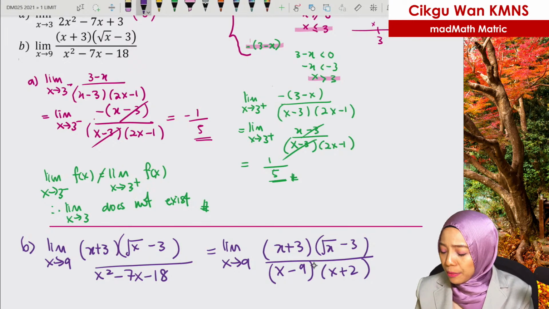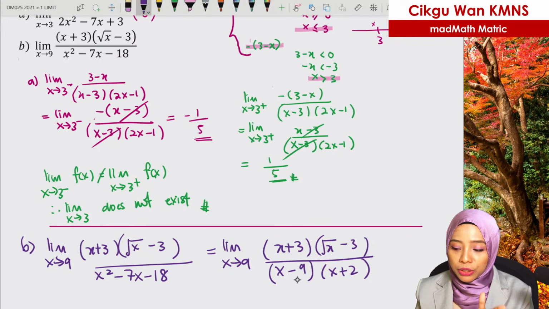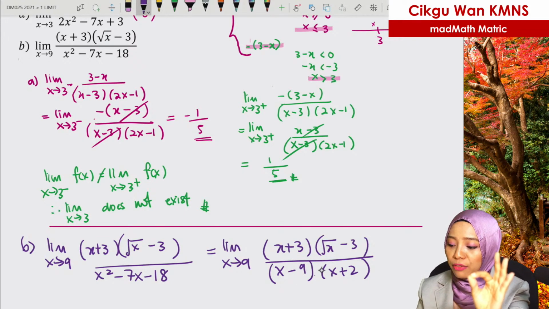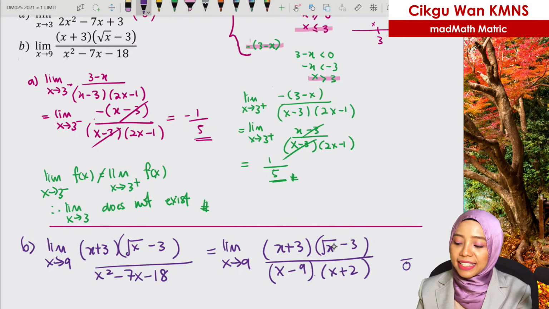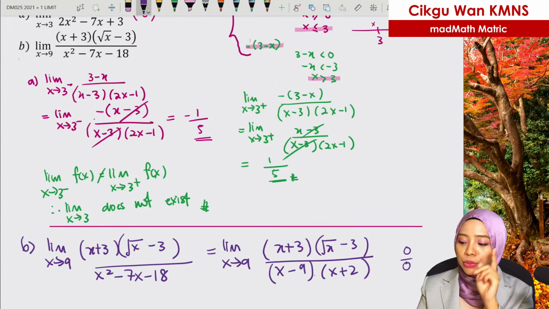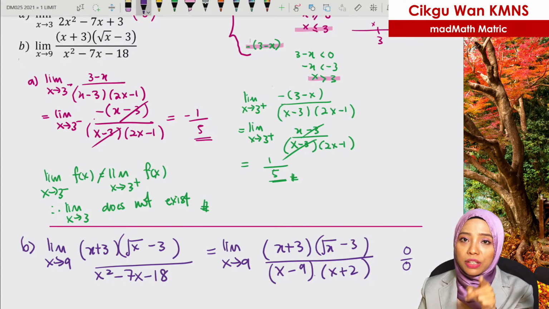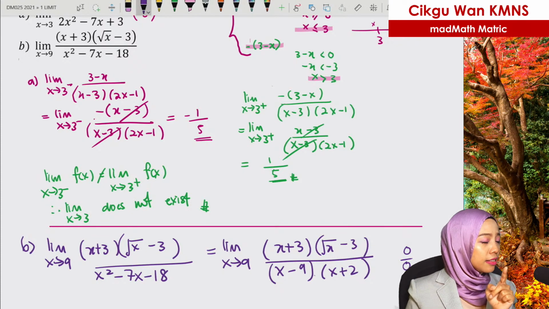Okay, now it is checked correctly. Once you substitute 9 minus 9 it will give you 0, so whatever you are multiplying with will always give you 0 at the bottom. And then likewise at the top, square root of 9 is 3, 3 minus 3 is 0, so again it gives you 0 over 0. So what do you do if you get an indeterminate form again?